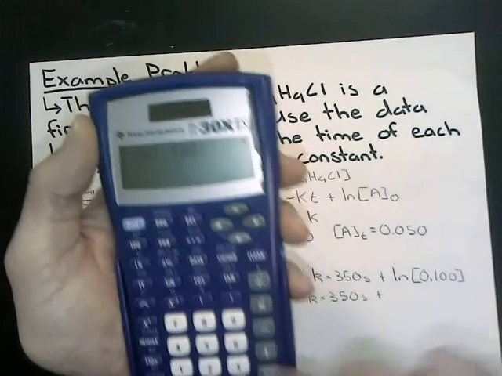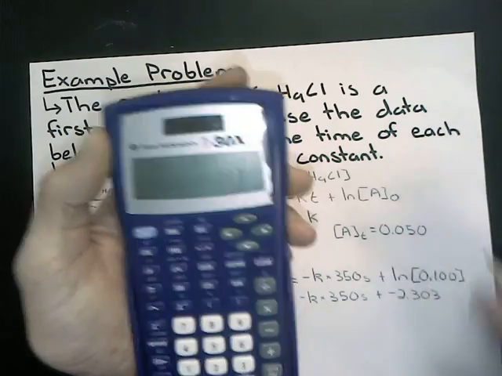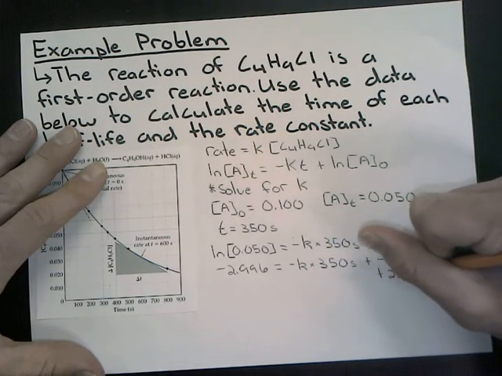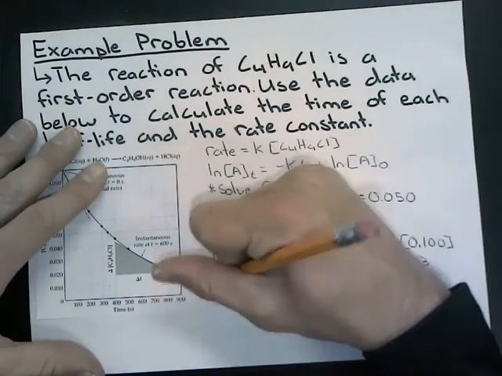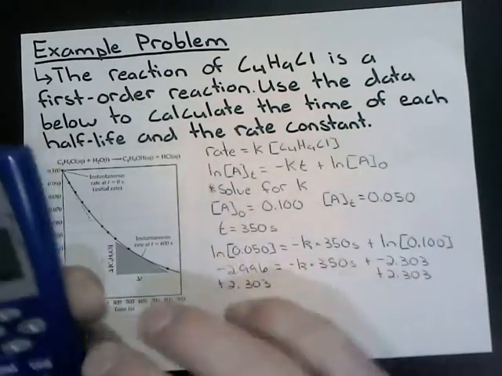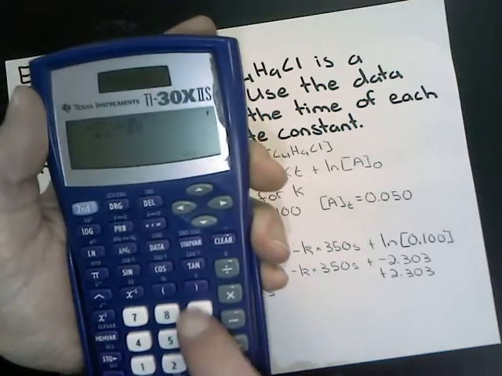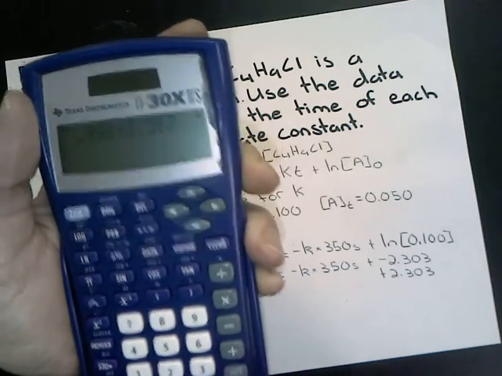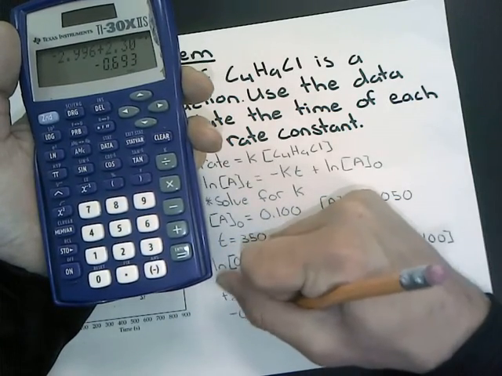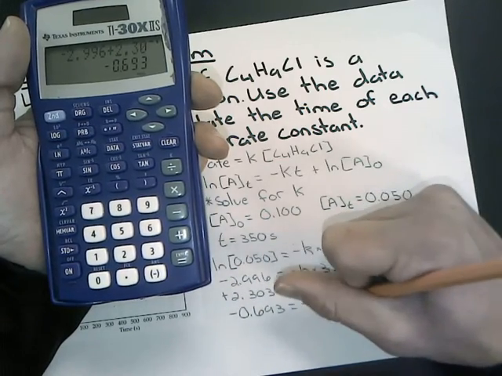0.10. There we go. So we get a value of negative 2.303. We need to get rid of this negative 2.303, so we have positive, or we add that plus 2.303 on both sides. Now, our value here is negative 2.996 plus 2.303, and we set that equal, and we get a value of negative 0.693, should look familiar,